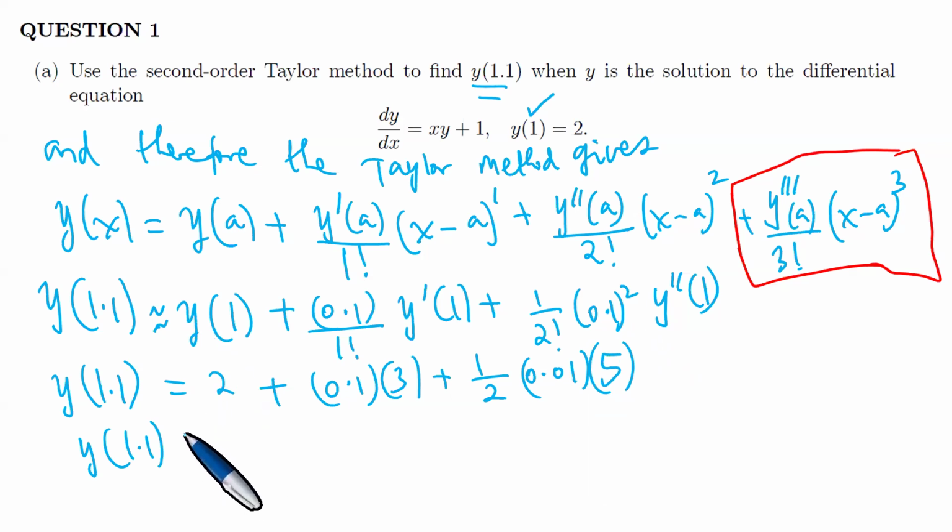Using a calculator will give us the following. Will give us 2.325. Exactly like so. And we have therefore used and solved this part of a question on what you call the